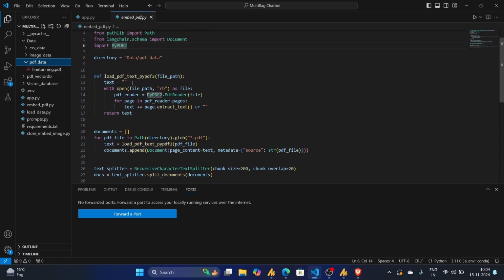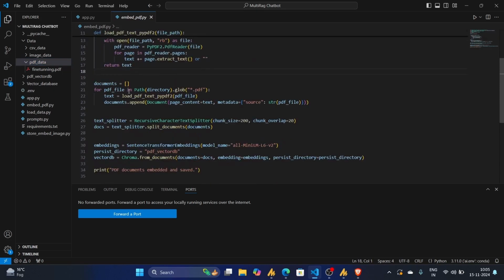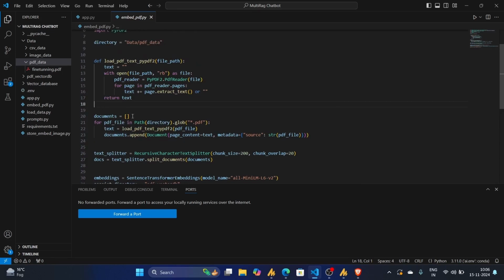Next is an empty string, the text. Then I'm opening that file path where that data is stored. RB means read binary, as a file. So I'm using read binary to read this file with the help of PyPDF2's PdfReader, and it will extract the text. Each page will be loaded, read, and its text extracted into this variable. So here I have called this function which is written over here, and I'm appending that whole document in this list. This list will contain the exact format which is required to do embedding and store into the VectorDB